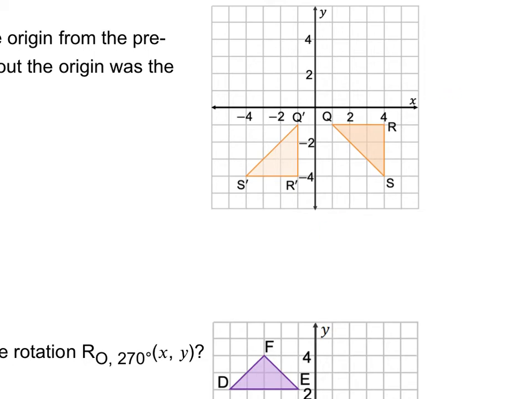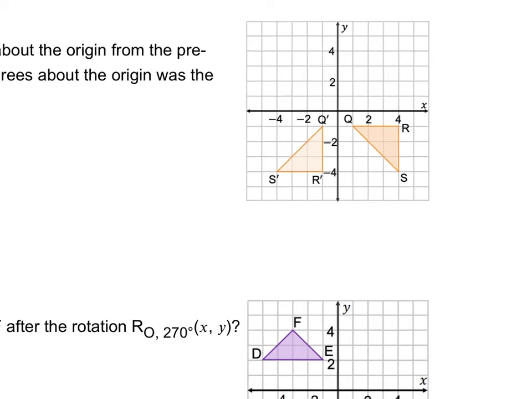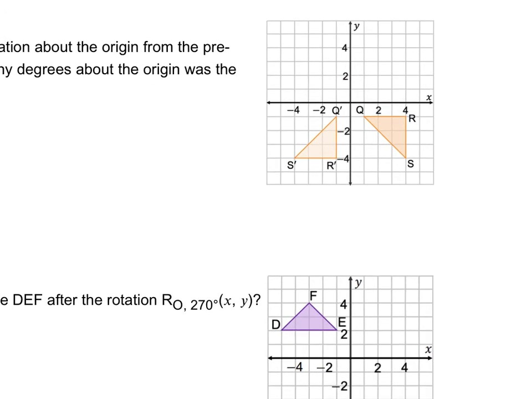So we can examine just one of our points and determine the mapping rules. What I'm going to do is start with R, and we're going to figure out my R value. R used to be (4, -1), and then it mapped to R prime, which is going to be (-1, -4). So let's think about, what did our mapping do? Our (x, y) mapped to, it looks like,